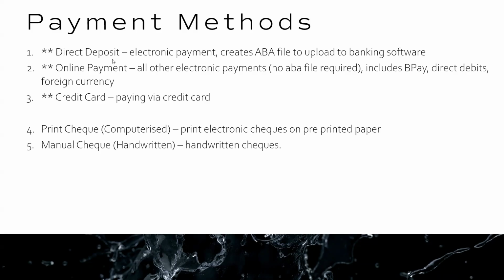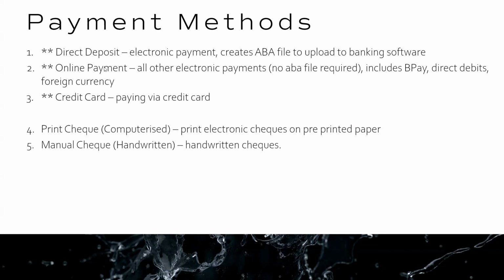So we'll see that once in a moment. We'll go into Premier and you'll see all these names or options. So direct deposit, choose that one if you want to generate an ABA file. Any other time you are doing an electronic payment, so transmitting funds electronically, but you do not need an ABA